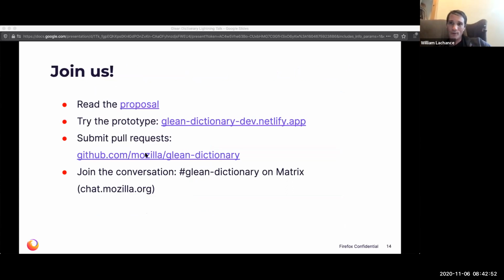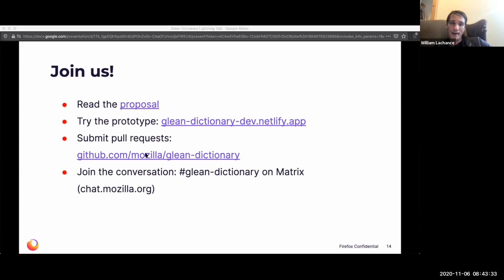There was a proposal which was accepted, but it's not too late to provide feedback. This is a large ongoing project, and we'll be course correcting and modifying as we go along. As of yesterday, there's now a prototype on Netlify that you can try and run and use and break. And I'd encourage you not to just file issues. I appreciate issues, but if you see something that's simple to fix, why don't you try your hand at making a pull request? It's actually pretty easy to get up and running. The intention is for this to be a really easy project to hack on, even for people who aren't data engineering or front end specialists.